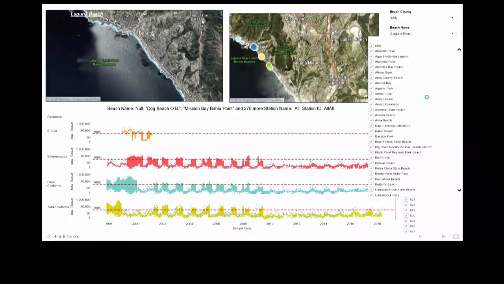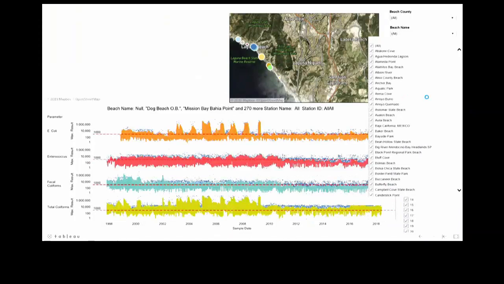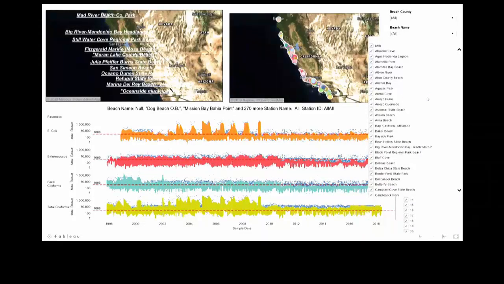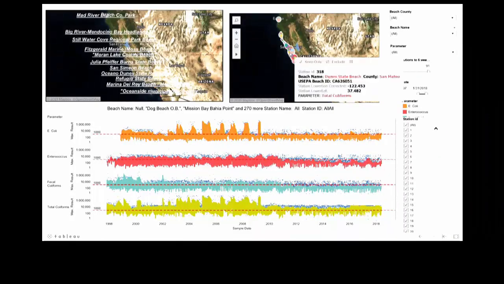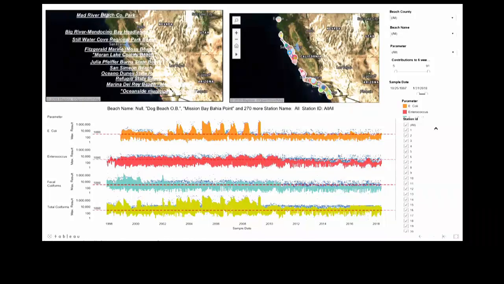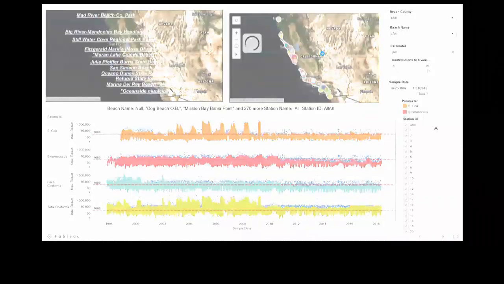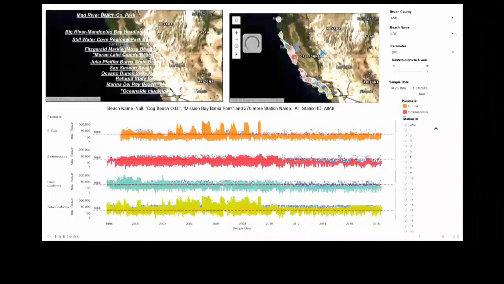So you can navigate your data. This is all the bacteria data that we've been collecting since 1998 for the entire state. And it looks like this. These are all the data points. I think there are like 3 million records. So now we are visualizing in one single location 3 million data points. Doesn't mean much. I mean, you have to really filter for a particular station to be more meaningful. You click on any one of them. But it gives you an idea of what is possible.